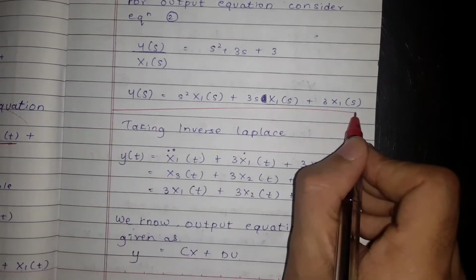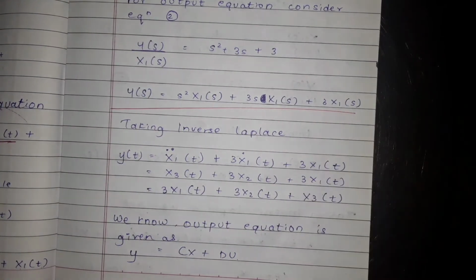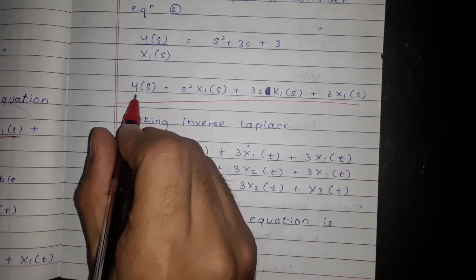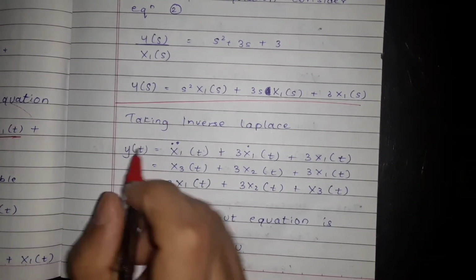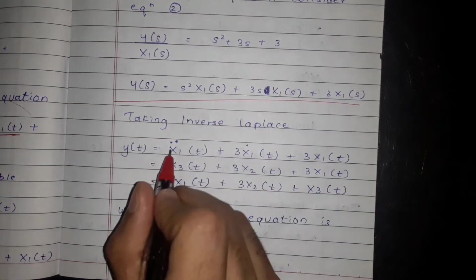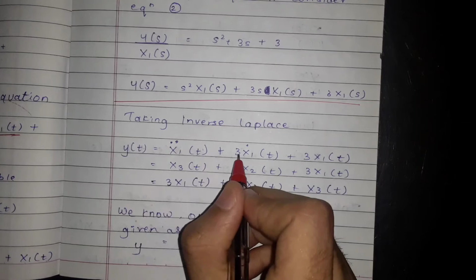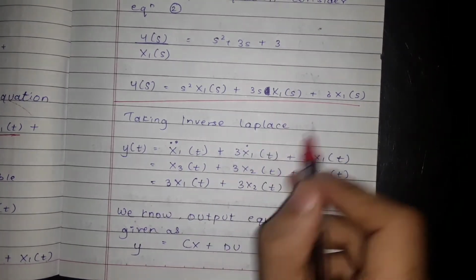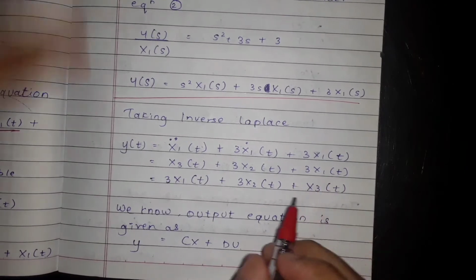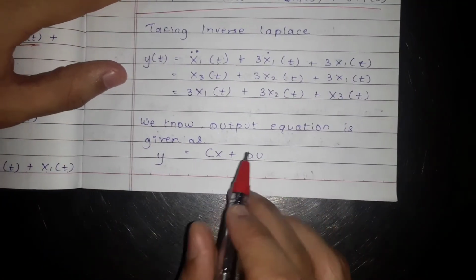Now let's take the inverse Laplace of this equation. While taking the inverse Laplace, Y(s) is converted to y(t). Here there is s square, that means double differentiation, so x1 double differentiation of t. Similarly for this one, as we did in the last equation. So the output equation is given as